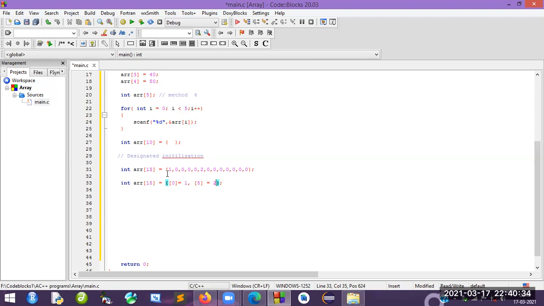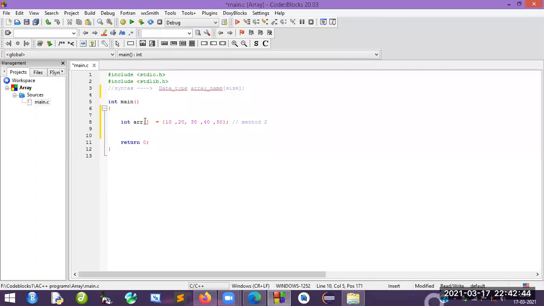So let's write a small program on how to access the array. It's very simple and easy. Let's see that one. We have taken the array here: integer ARR is equal to 10, 20, 30, 40, 50. So how do we access each and every element? It's very simple, using an iterator. Using the iterator method, we can do this.